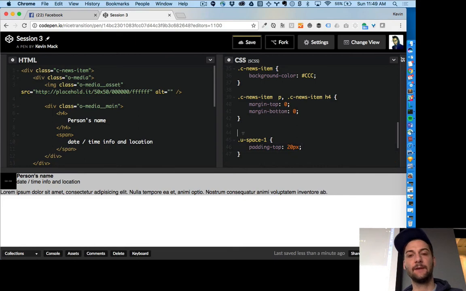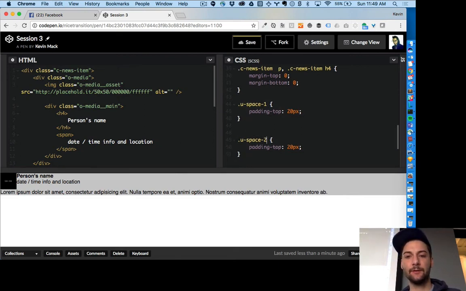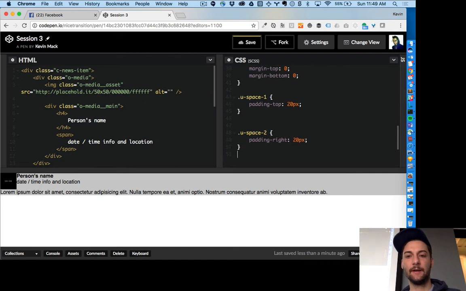Inside my interface, I define a unit as my default and make variations off of it. So I may have a use space 1 dash small, which is maybe half the size of my default. But I create use space 1, I create 2, which is right, I create 3, which is bottom, I create